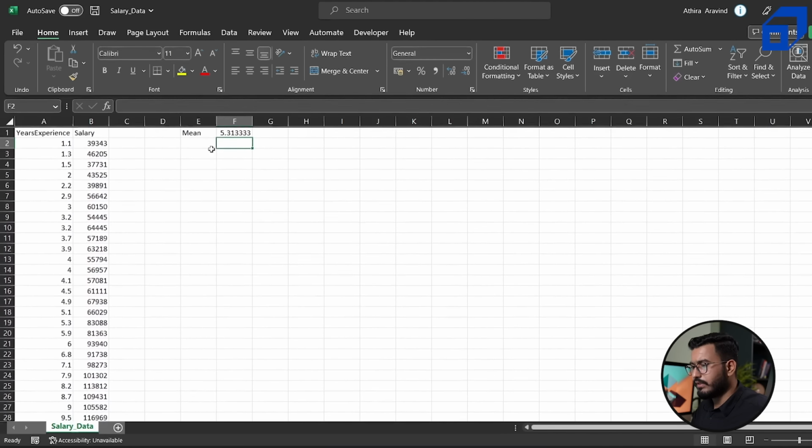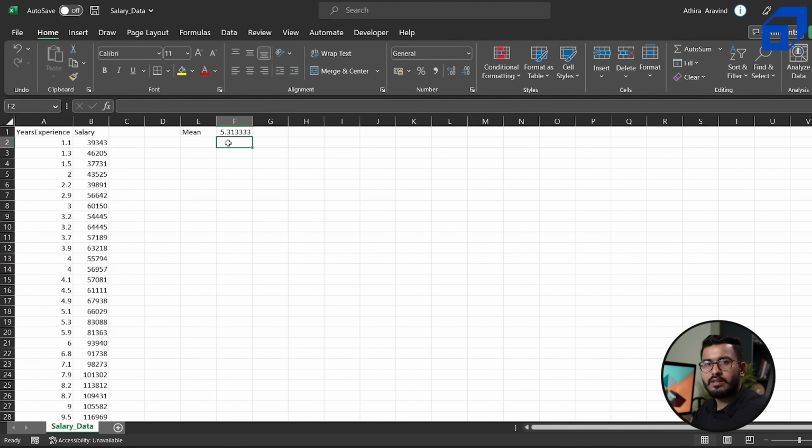So this is my average, which is 5.31. Basically the mean, the central point of the data, is 5. You have some employees below this, you have some employees above this. So maybe we have some employees with 1 year of experience, we have some with 15 also, but this is the center. Similarly, let's find the median,